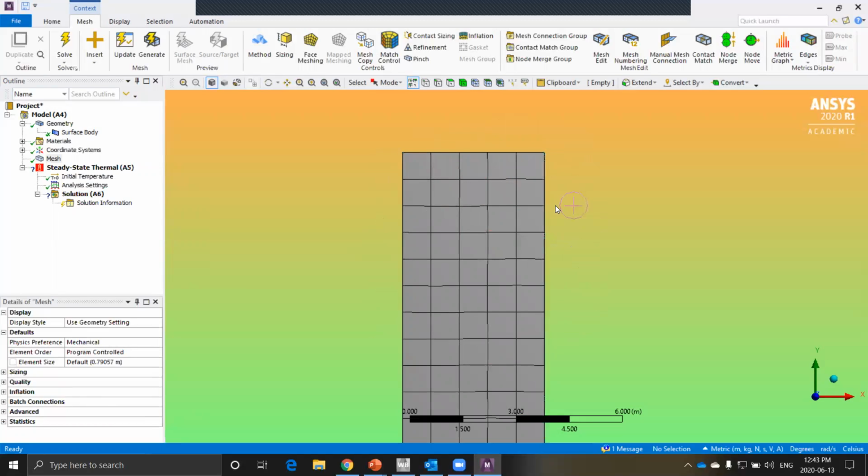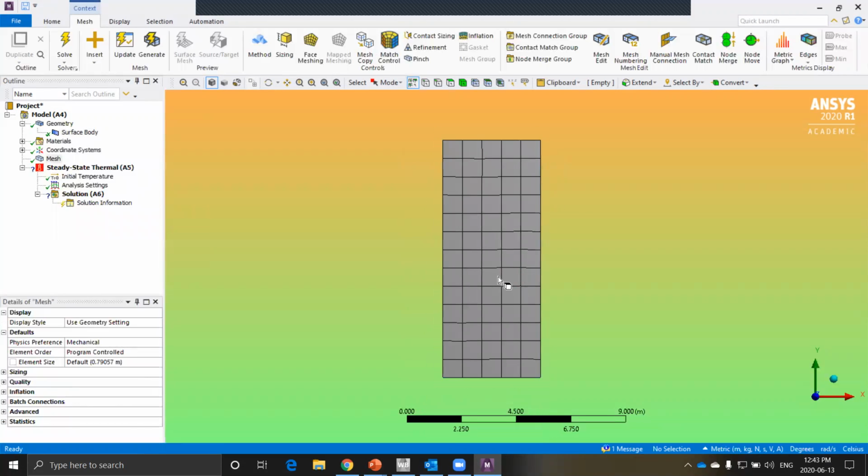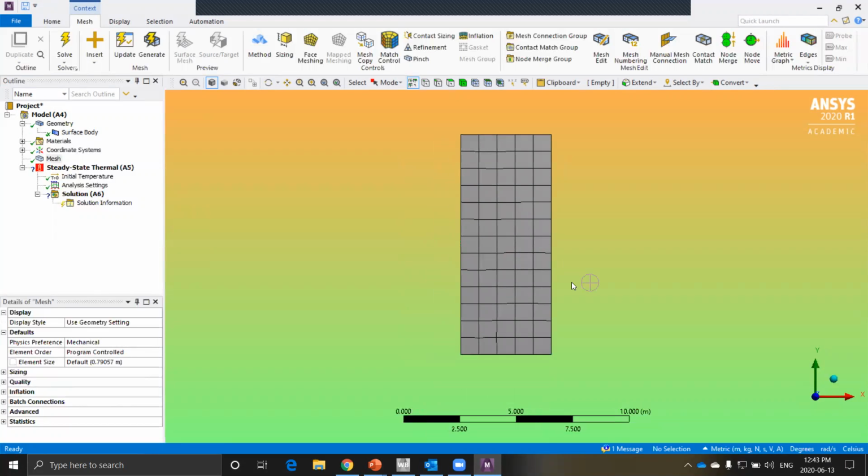Inside each element we have some nodes. As I was telling you, the solver doesn't solve the problem over the complete domain. It solves at specific points. Those points are nodes, and it solves inside each of these small elements, and then finally we combine them to get an overall result. Oh, okay. Yeah.